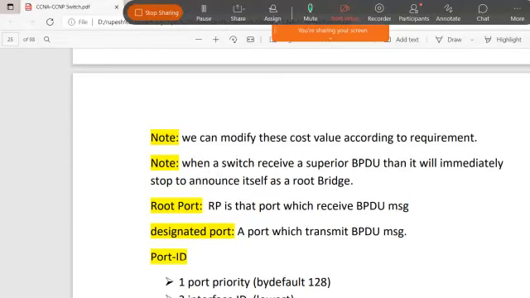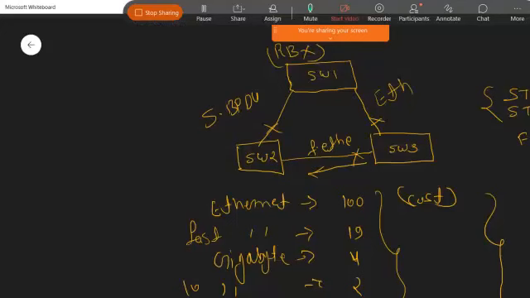Now, what is the root port? The root port is the port which receives the BPDU message. Who generates the BPDU? Always the root bridge. And on a root bridge, every port is a designated port, which we call a DP port.